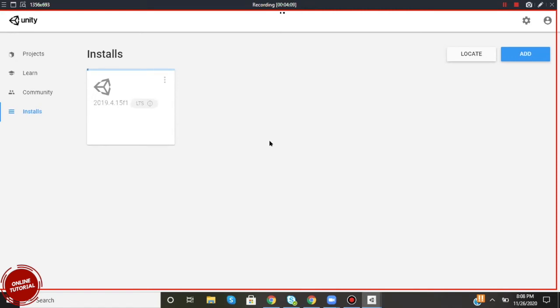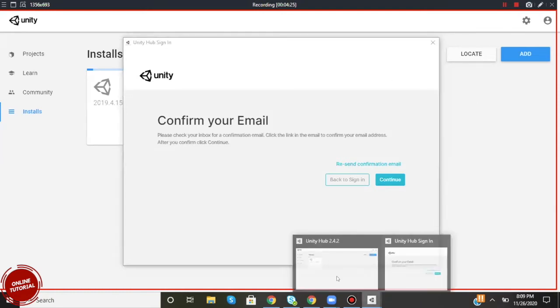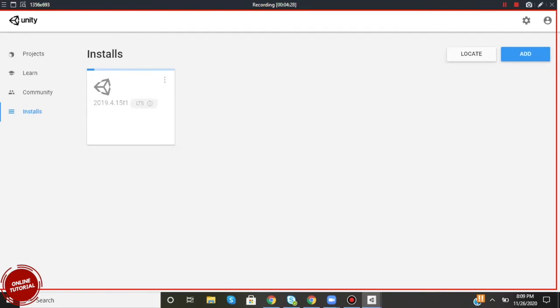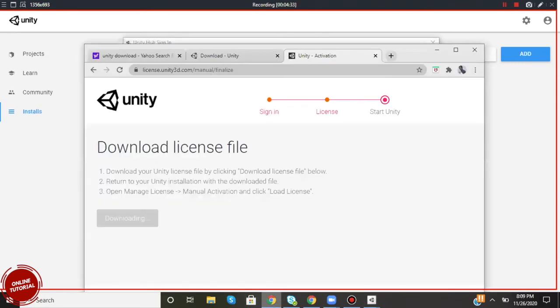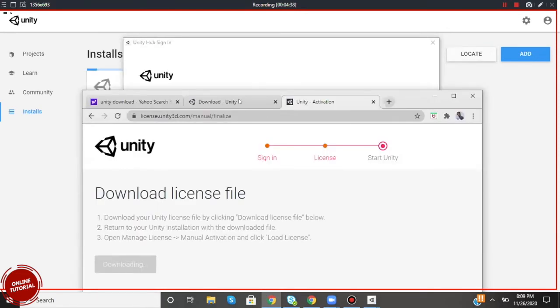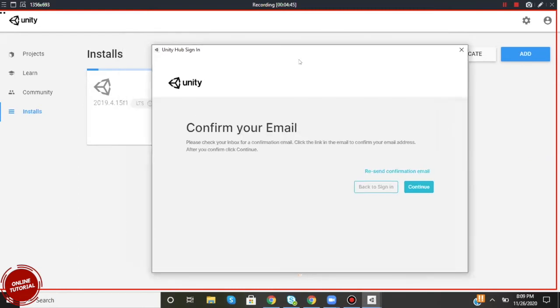I guess it didn't prompt any questions, like the one I was showing, documents and all. Oh, it didn't. It was supposed to ask that one. Okay, you need to confirm your email. Okay, it didn't ask anything. I guess it's setting up the default one, the default Unity editor. We can add the Android module later. No issues.